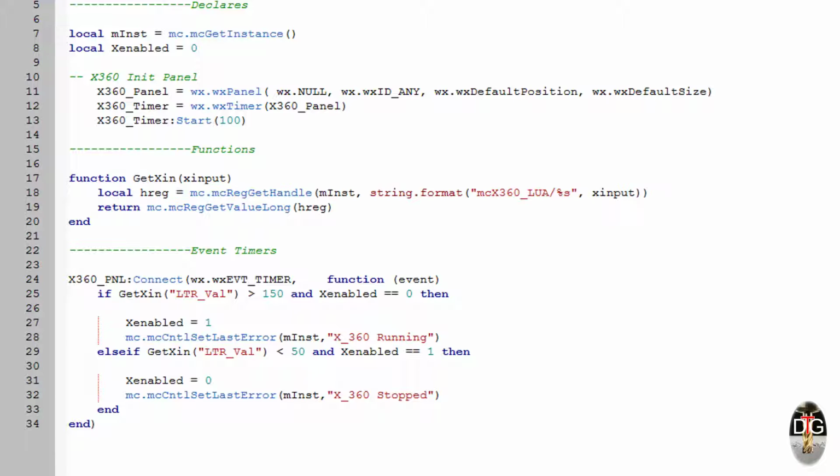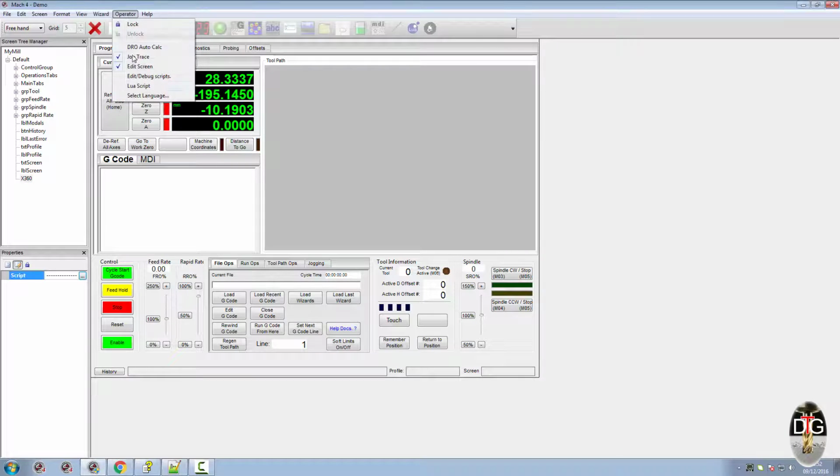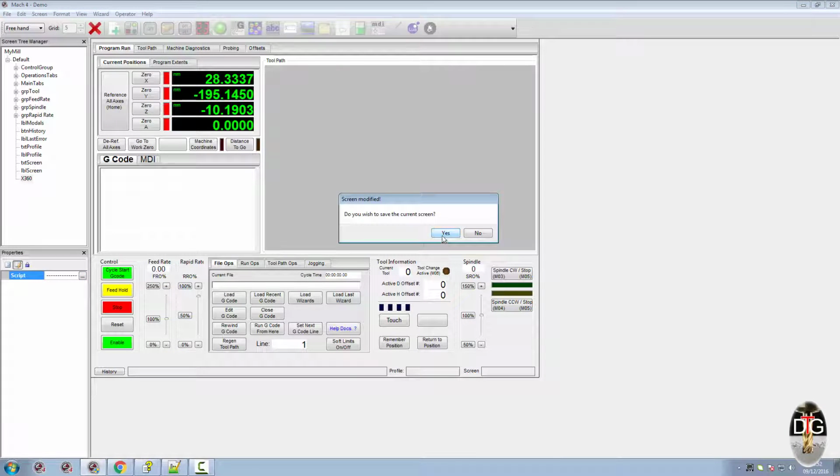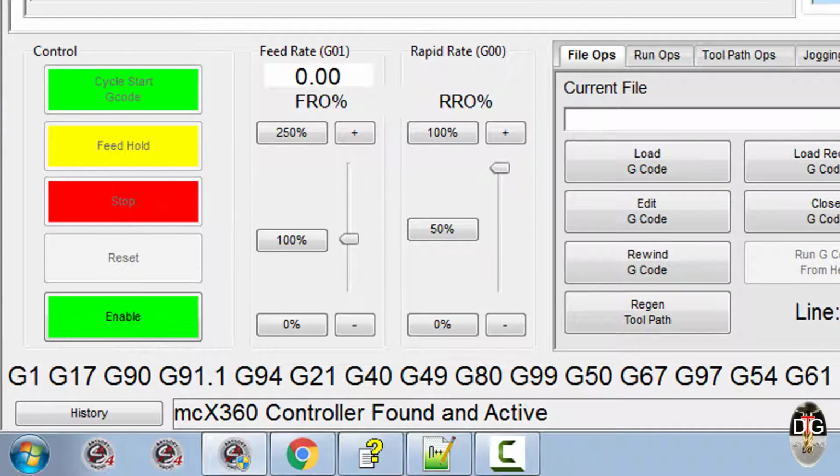Well, let's have a quick look at what this will do. If we come out of our panel now and exit to the main GUI, as you can see in the history bar at the bottom, taskbar, whatever you'd like to call it, there it says mcX360 controller found and active. Well, that's good. That's what we want to see. If your controller goes to sleep, it will tell you your controller's gone to sleep, and on activation it will tell you it's reactivated. Now if I press the left trigger,